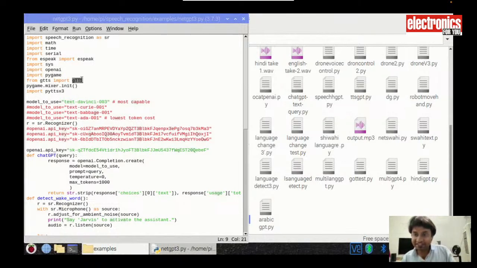फिर ये हमारा गूगल टीटीएस, यानी जीटीटीएस की मदद से, जो टेक्स्ट आउटपुट ओपन एआई ने भेजा है, उसे वॉइस में कन्वर्ट कर देगा। फिर इस वॉइस को हम सेव करेंगे और उस सेव की हुई वॉइस, यानी जो आउटपुट MP3 आप यहाँ डेस्कटॉप पे देख रहे हो, वो हमें प्ले करेगा।